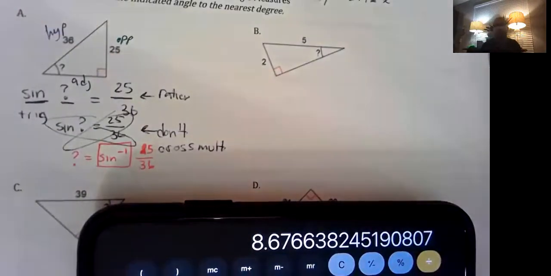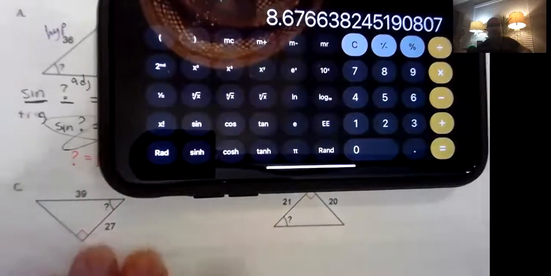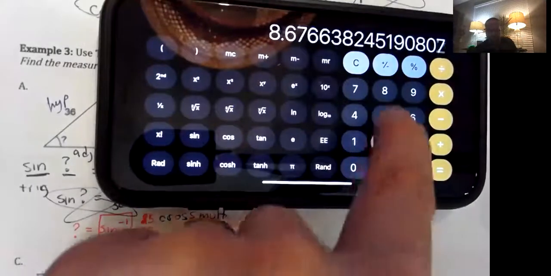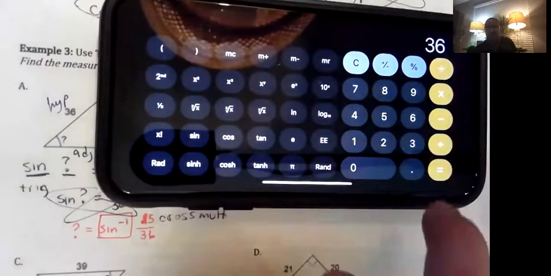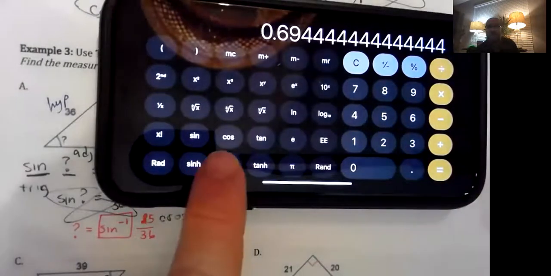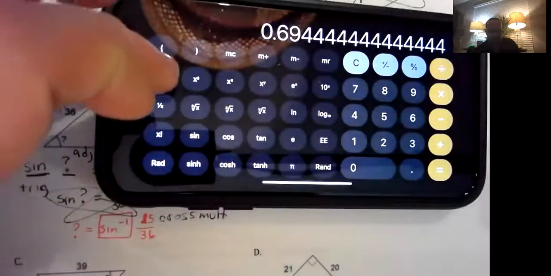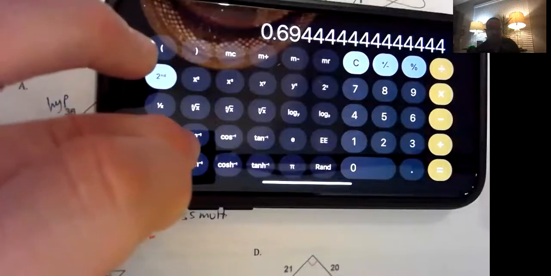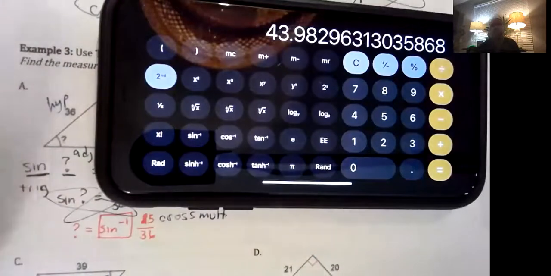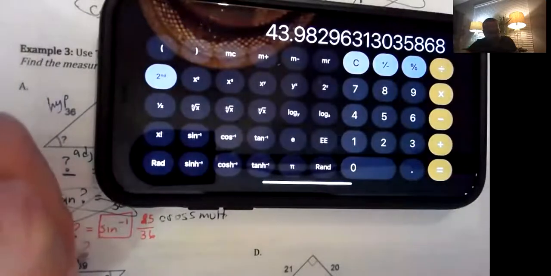Okay. So what I'm going to do is take my handy dandy calculator here and divide 25 by 36, because that's what the ratio says, 25 divided by 36. And when I do that, I get a decimal, right? That makes sense. But instead of just hitting the sine button, what I want to do here is hit second and I get the -1, right? And this happens on regular calculators too. That is actually going to take the inverse of the sine operation,